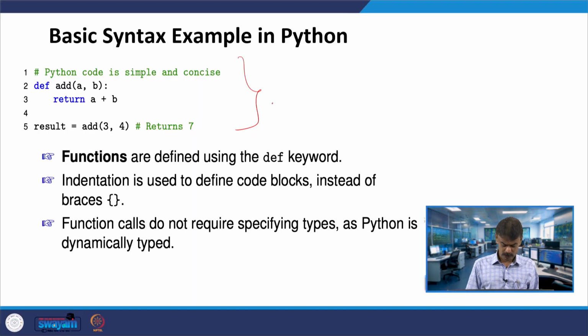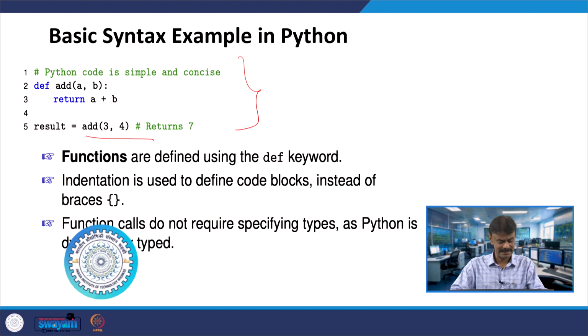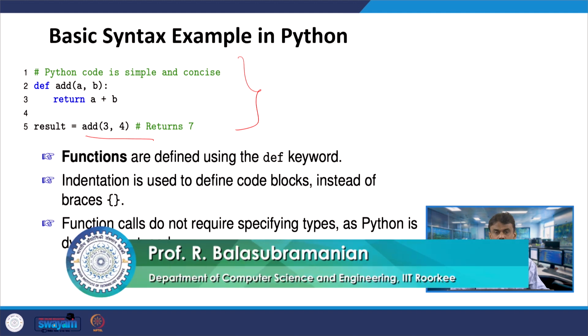So, we will see a few basics. Here we have defined the function, and inside the function you write the algorithm, addition of two numbers, return a plus b, and then you call it, which is called a function call. This is the basic Python I am introducing. We will see some basic code and then I will talk about generics in the next class.